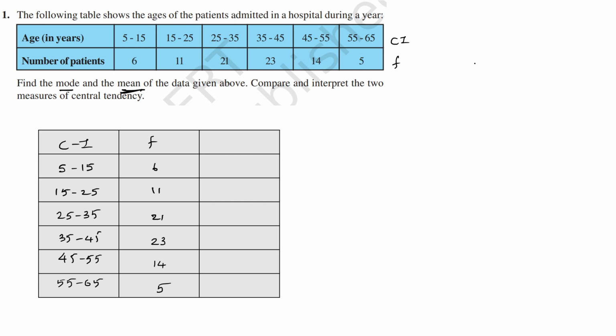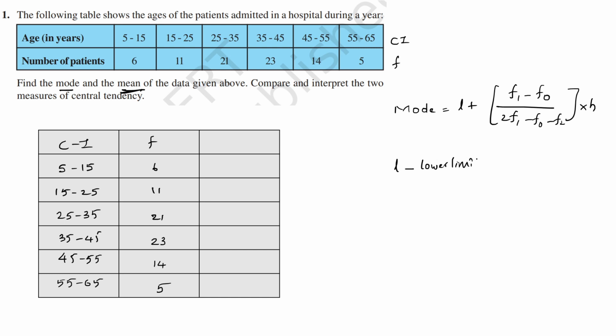Now mode, so we have to know the formula for mode. Mode is given by L plus f1 minus f0 by 2f1 minus f0 minus f2 into h, where L is the lower limit of modal class,